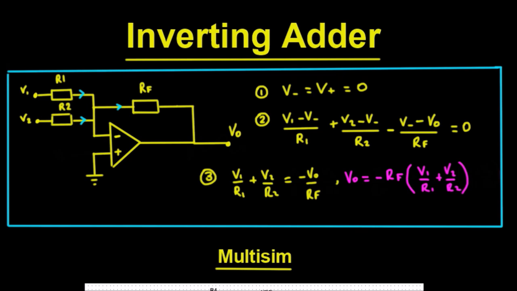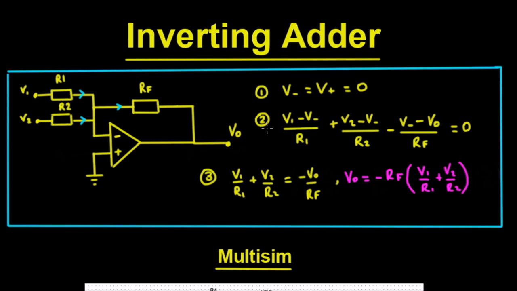So in this video we're going to look at the inverting adder. Now the idea is that we take two voltages V1 and V2 and we add them together, and that will be the voltage we get at the output. We could also add multiple resistors in and multiple voltages and add up all of the voltages, and the final voltage at the output is the sum of all the voltages at the input here. So we have our circuit here with our negative feedback, our resistor RF and the resistors R1 and